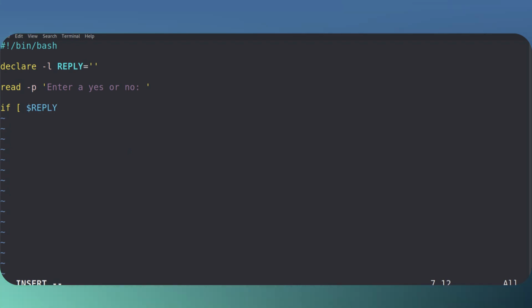So with our if statement, we've got the test in the form of our square brackets. $reply equals yes. So we're looking for a literal string of a lowercase y, e, and s. Close our string, close off our square brackets, making sure we've got spaces between the entries, semicolon, and then, and we're into what lump of code should we run if this is true? Well, let's echo out, You said, well, yes. We don't have to have a complex script, do we? We can run our else statement.